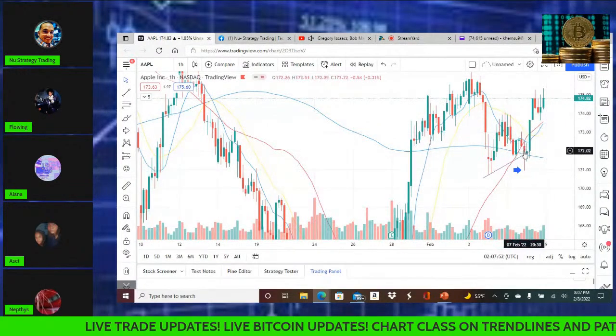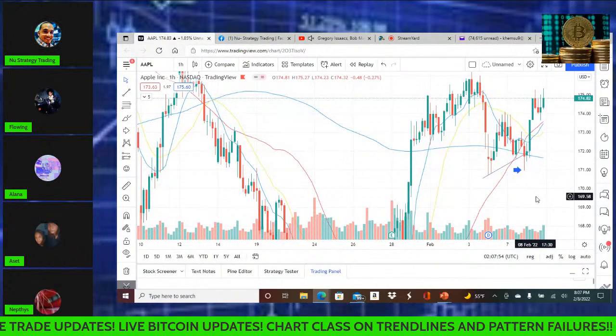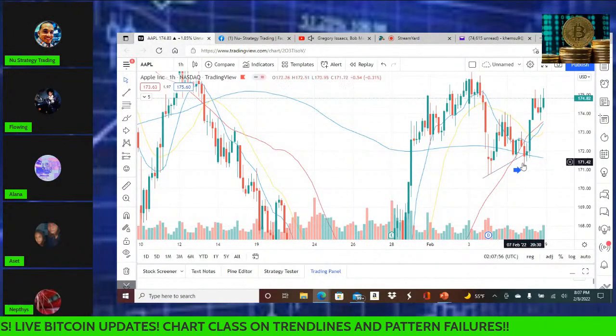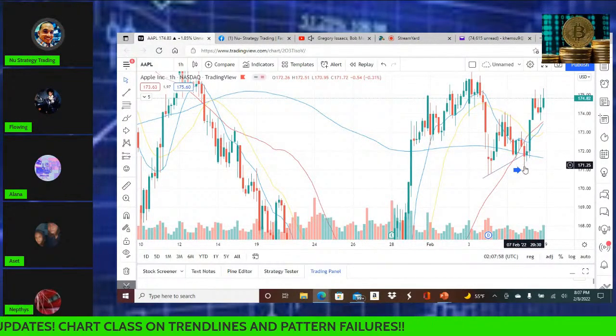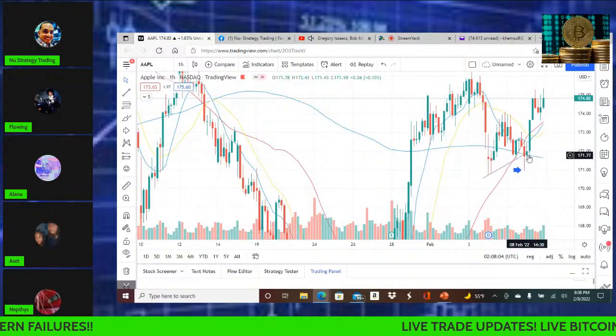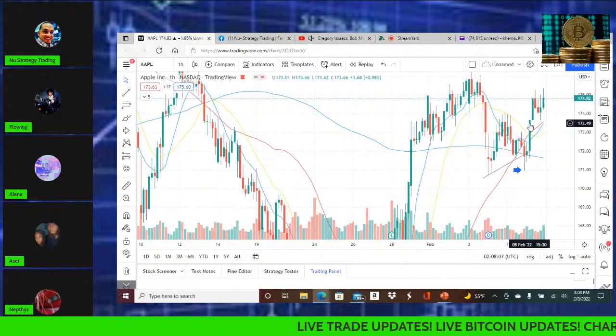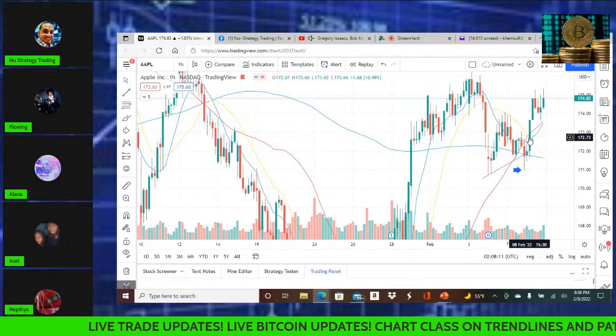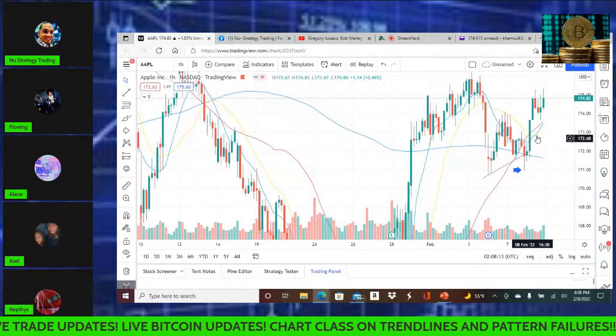So instead of the head and shoulders continuing down, this hammer, which is bullish, reversed in the last hour of the trading day as well. Last hour. Reversed and then boom, popped up. Now, by the time it got up here, we had already got out. Stop was around 173, I assume, for that last trade.